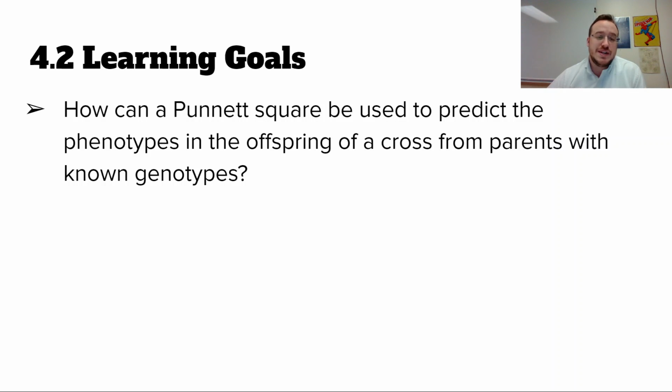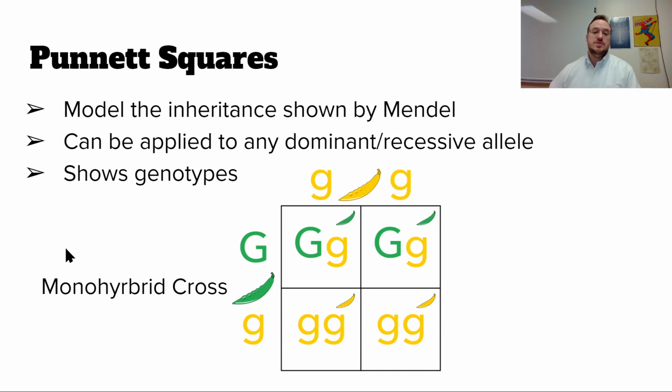We can also predict possible genotypes, and we can say here are the different genotypes that will look a specific way as well. All right, so let's go ahead and get started. So this is modeling the inheritance shown by Gregor Mendel that we just talked about in the last section, and it can be applied to any allele that has a dominant and a recessive type, all right? And it's going to always show the genotypes, and remember,